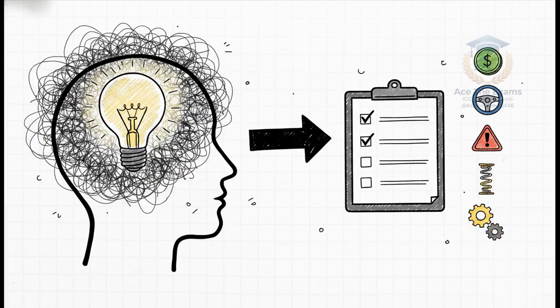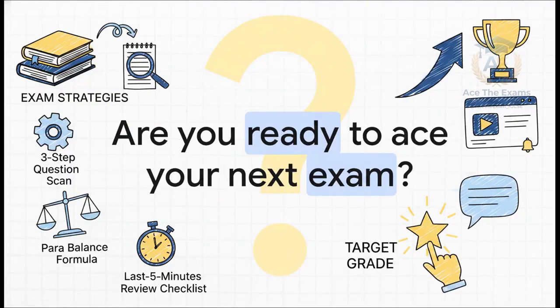So create a personalized acronym, something that instantly triggers your memory to check the 5 major pillars: cost, control, risk, flexibility, and gearing, CCRFG. By having a mental checklist anchored to a simple acronym, you ensure that your evaluative paragraphs automatically cover a broad, comprehensive range of impacts. You won't have to actively stress out trying to remember what you might be forgetting, because the acronym does the heavy lifting for you. And that brings us to the end of our Sources of Finance Masterclass.